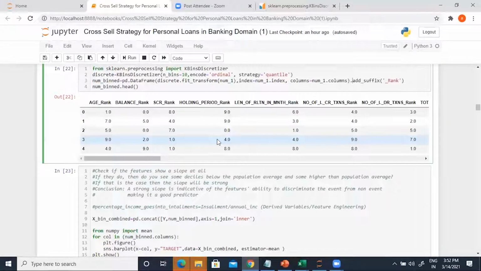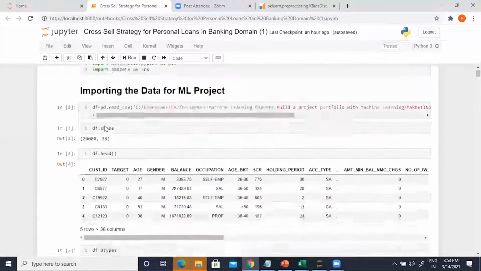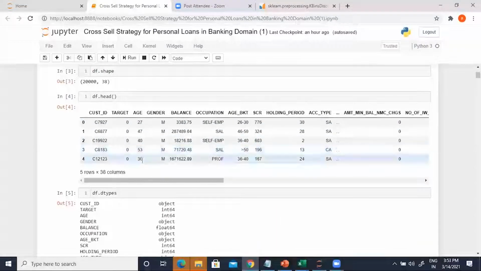Rank 1, rank 2, up to rank 10, right? 10 ranks, for 20,000 people: rank 1 accounts for the bottom 10%, and rank 10 accounts for the top 10%. So I'm adding a suffix called rank so that I don't get confused as a user about which variable I am referring to. When I look at age, I want to see these values, the ones on top, 27, 47, 40, 53, and so on.